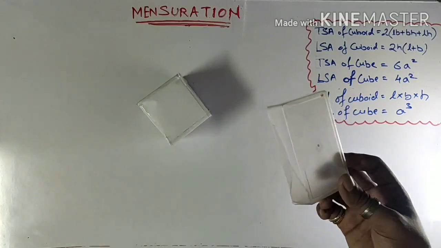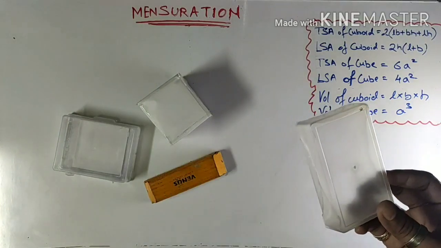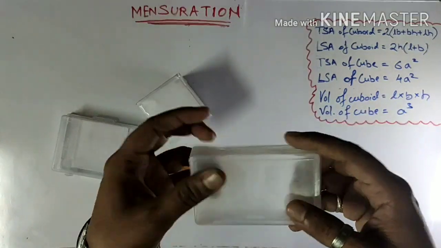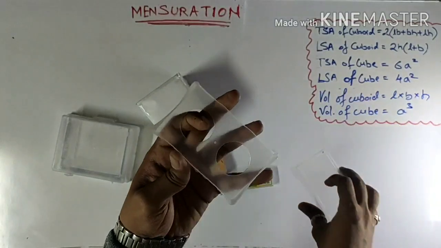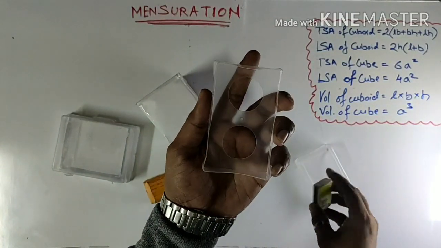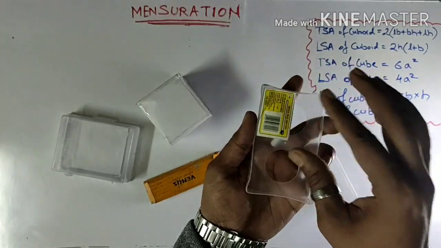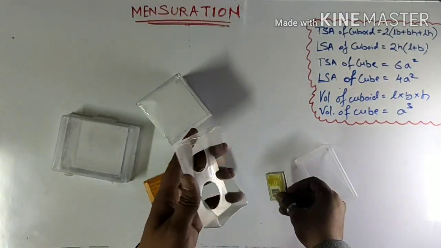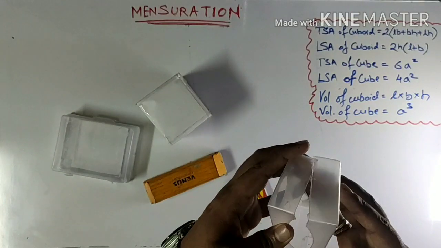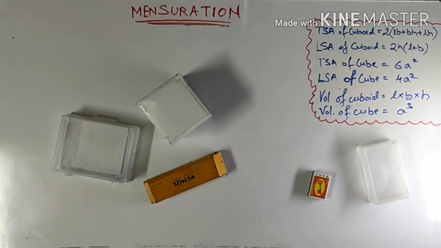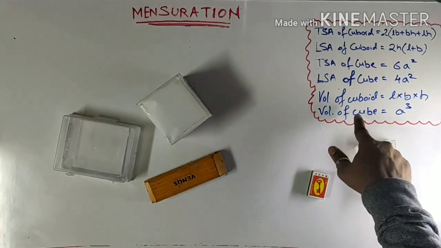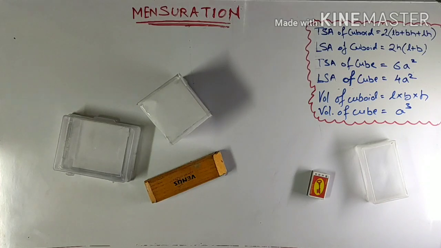As you see, they occupy space. So the volume of these three-dimensional objects is nothing but the amount of space occupied by them. For example, if I take this larger cuboid and put another smaller cuboid in it, it will be occupying some space in it. So the quantity that deals with the measurement of the space occupied by any three-dimensional object is called volume. Our scope for today's video will be the volume of cuboid and volume of cube and solving numericals or problems based on the same. So let's begin.